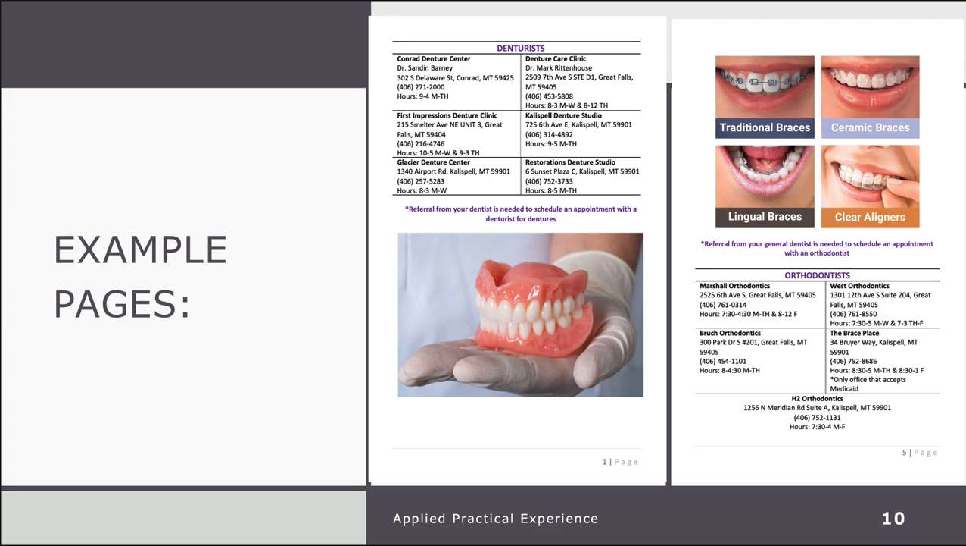Here are a couple of example pages from the Oral Health Resource Guide. You can see listed below are a few denture clinics. None of them are in Glacier County, but the closest one is Conrad Denture Center, which is about 45 miles from Cut Bank or Glacier County. The Denture Care Clinic and First Impression Denture Clinic are in Great Falls,